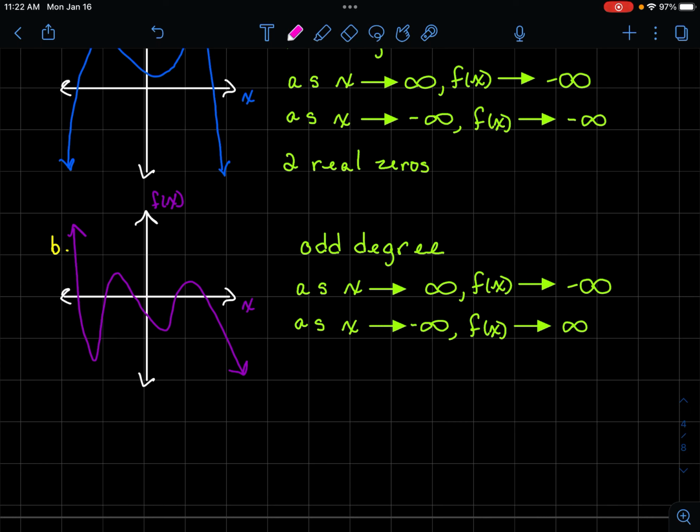And then finally, how many times does the graph hit the x-axis? And we count. 1, 2, 3, 4, and 5. So this graph would have 5 real zeros. And there's the use of degrees, how to find a degree and its leading coefficient, and then what the degree and the leading coefficient can tell you about the